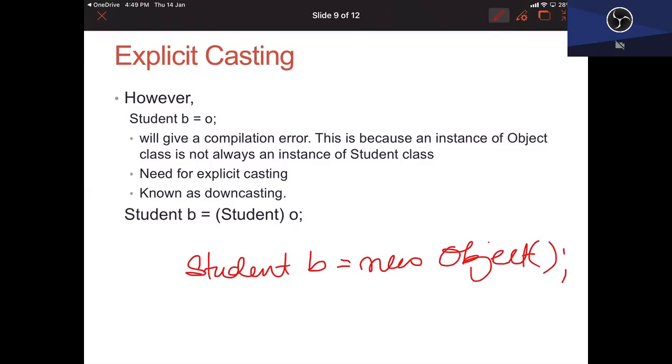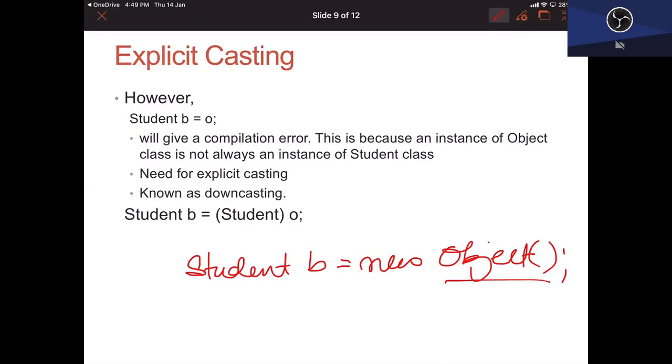A supertype is not a subtype. So shape is not always a circle, or not always a square. I cannot write in this manner because an instance of the Object class is not always an instance of the Student class. So here we need explicit casting.